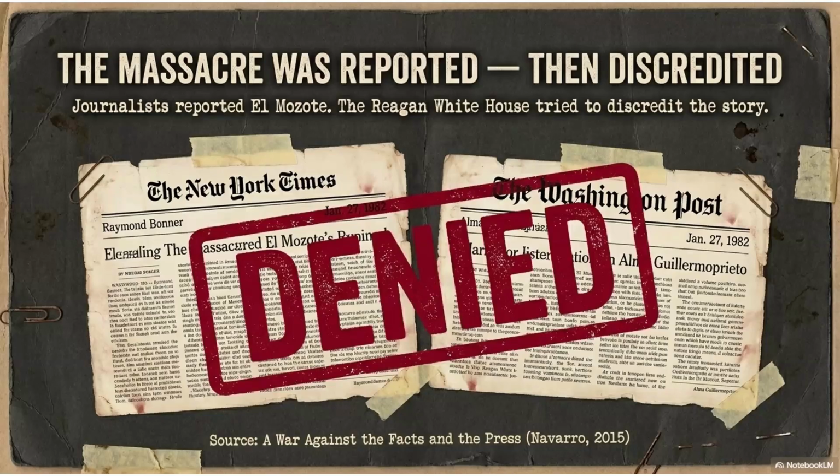This is the key example of how propaganda works. It's not always about hiding every fact. Sometimes the facts appear, but official power changes their credibility. The story becomes controversial, the journalist becomes suspect, the massacre becomes a debate rather than the central truth. This is why this slide uses the word denied. The issue was not absence of evidence. The issue was whether evidence damaging to a US ally would be allowed to reshape the official narrative. In this case, the election image survived because the massacre evidence was pushed to the margins.